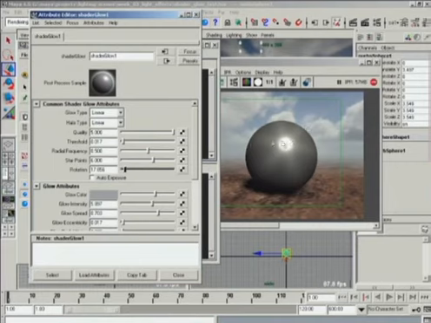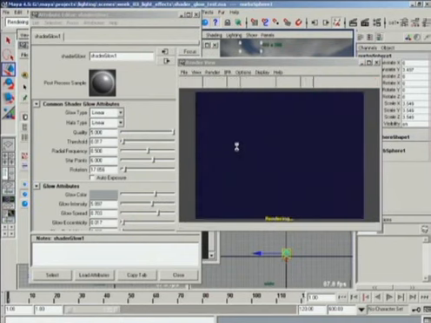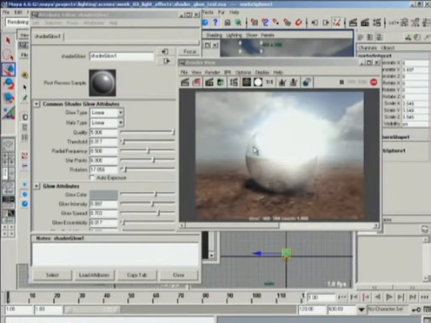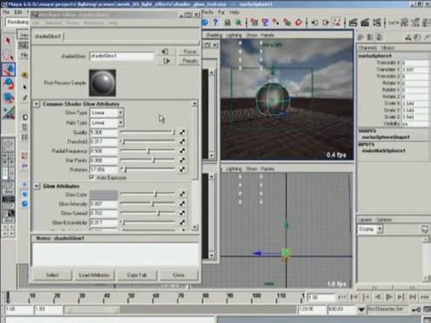So then, being fairly satisfied with this glow, you can come back to globals, turn on ray tracing, and then re-render the scene, and you'll get your glow. And what you want to do, though, is make sure that auto exposure is turned off. Because what can happen is, as it tries to automatically compensate for the glow intensity, you can get strange results. You can get that glow to pop, you can get it to sizzle as things come on and off the screen